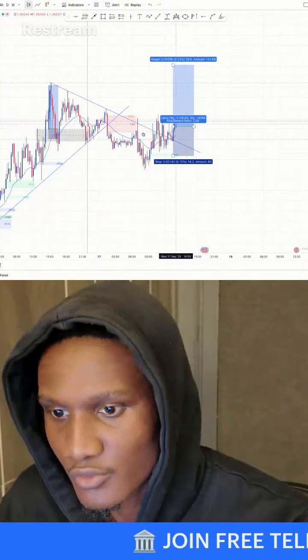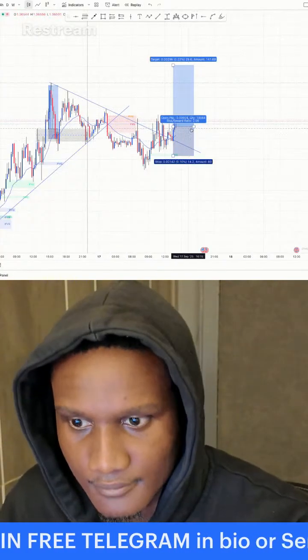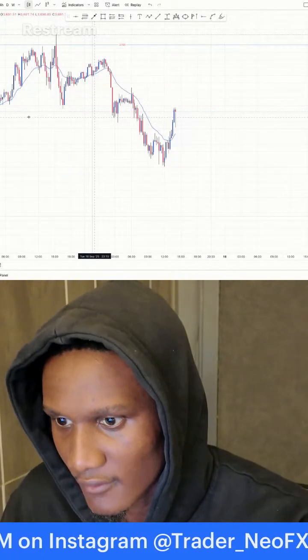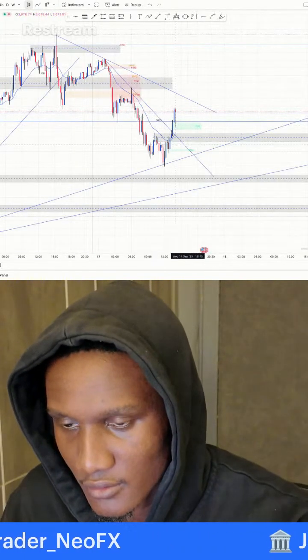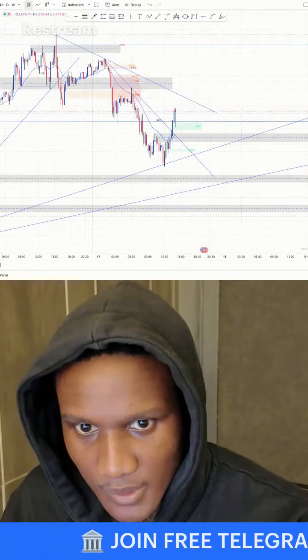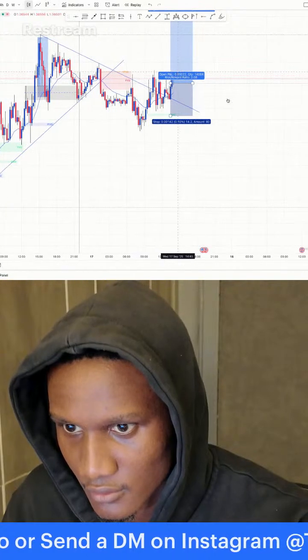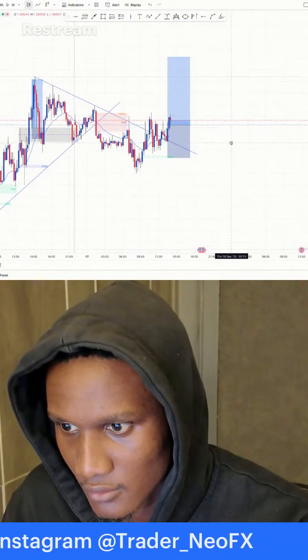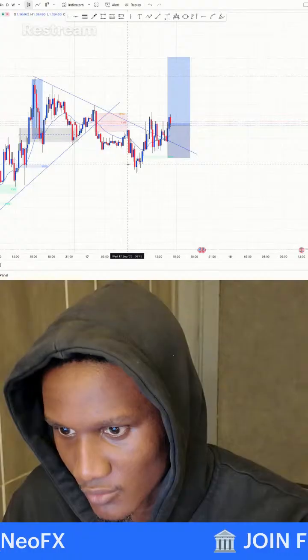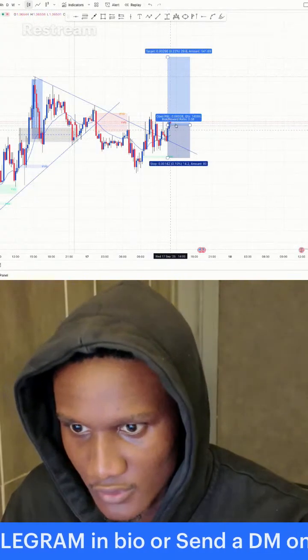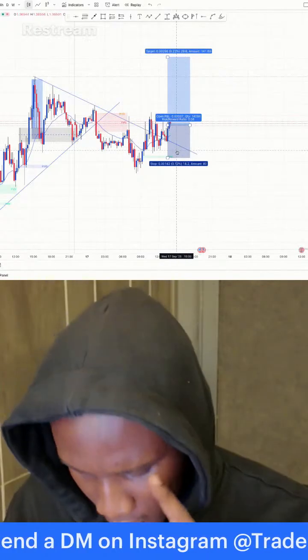Alright, so GBPUSD broke out of this trend line here. So we have a bearish retracement switching into a bullish continuation. This is like a retracement move, and now we broke out of that retracement move. We are most likely expecting continuation to the upside.